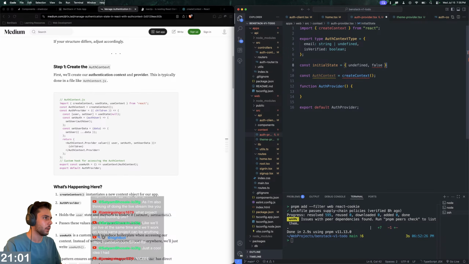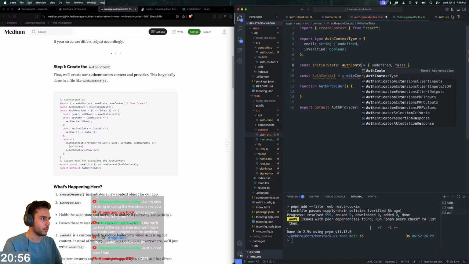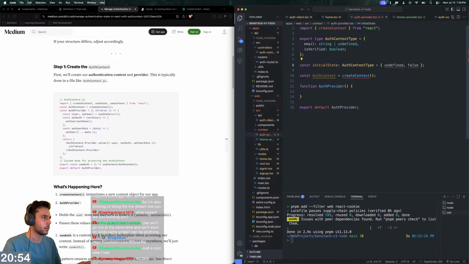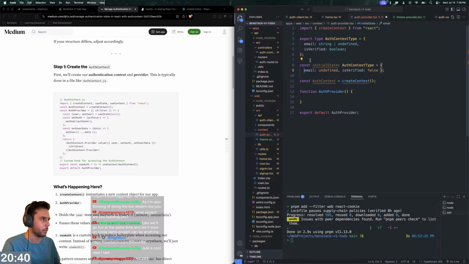Or can I not do it that way? Oh, auth context type, sorry. Auth context type. Why is this not? Oh, because of email. Yeah, is verified. Okay, there we go. I don't know why my keyboard's typing a double colon when I press it once, but